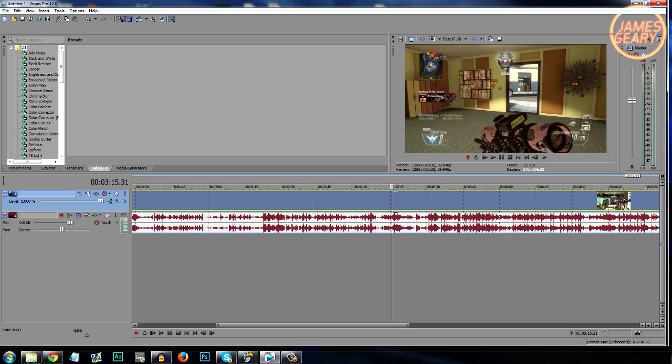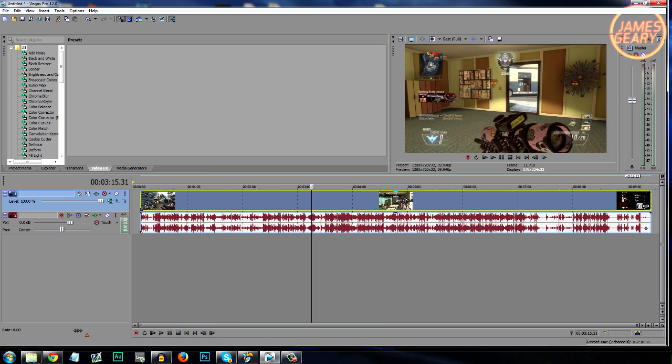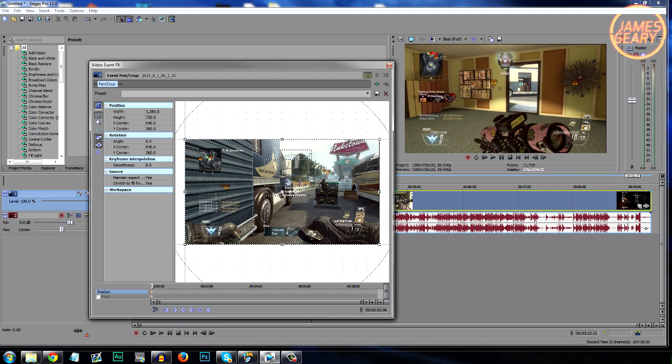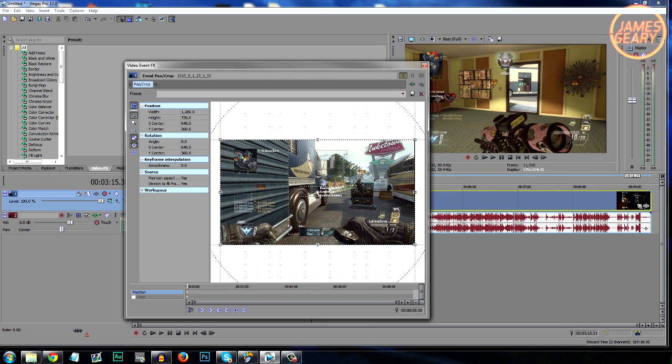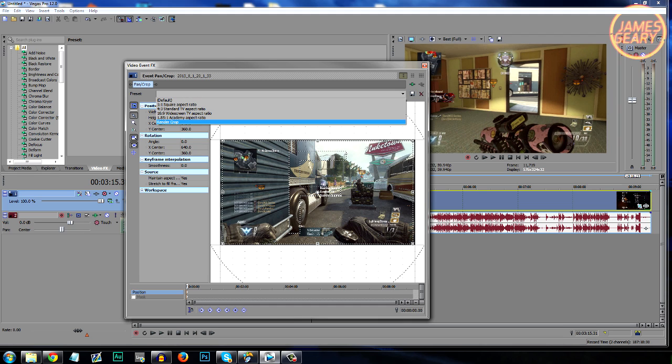But you can easily crop out these black bars by heading over and clicking on the box at the end of your media clip, opening up this right here. And now once you're in right here, you can just adjust these little sliders right here, zoom in on the video just a little bit, cut off the black bars, and once you're done you can save it as a preset, like I save mine as render crop. So every time I open up a video or something in Vegas, instead of having to do that manually, I